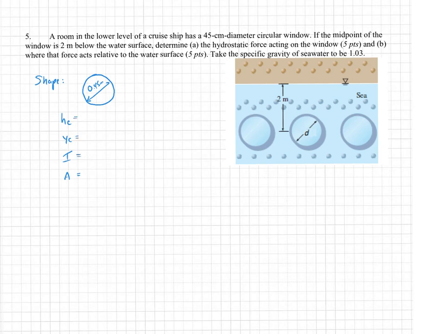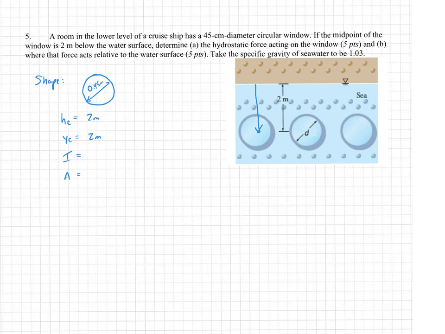Okay, so the HC is the depth straight down to the centroid, so that's going to be 2 meters. The YC is the depth from the surface down to the centroid along the gate, so in this case it's the same, 2 meters. Okay, the I, if we look it up in your fancy handout,